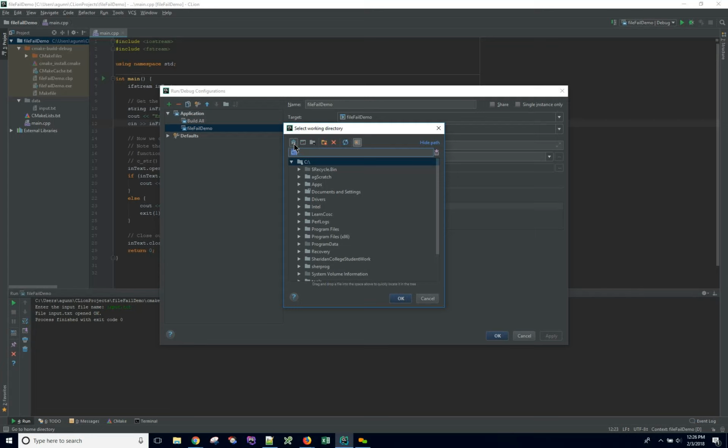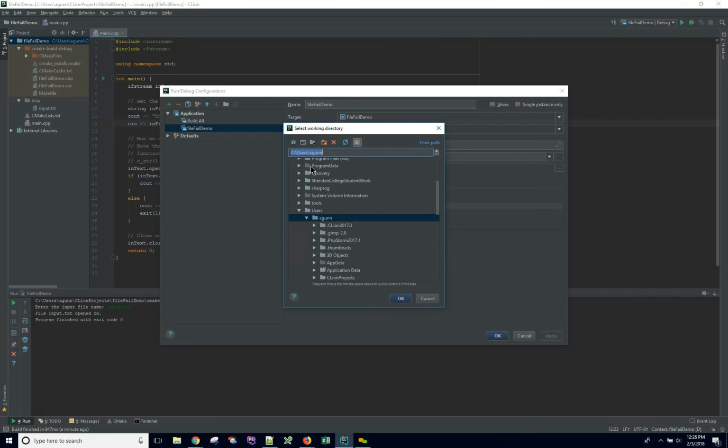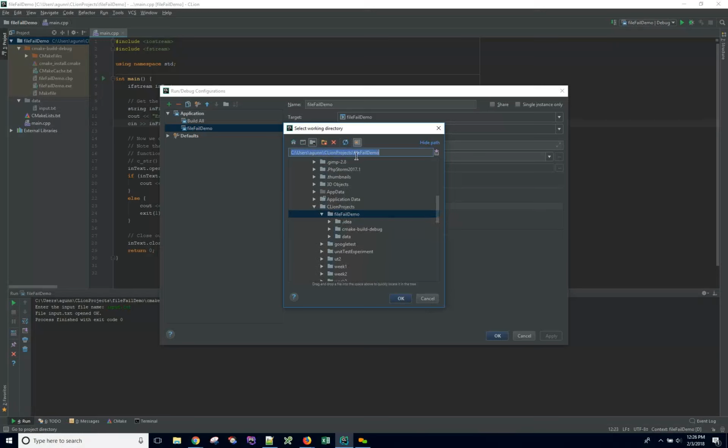One of the things that levels the playing field for Macs and Windows is that this gives you a series of buttons that are common solutions to the problem you're trying to solve. Okay, this is the one you want. This is the project folder. And if I set, by clicking this button or by typing in a value, the current working directory to what I, as a human versus the executable, think is intuitively obvious, that I want my working directory to be where my code is, then I click OK